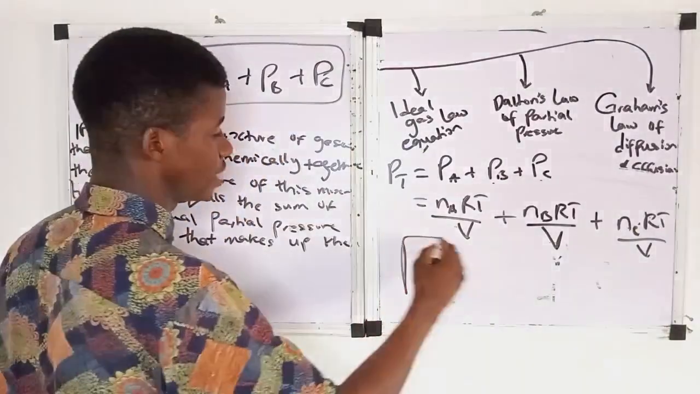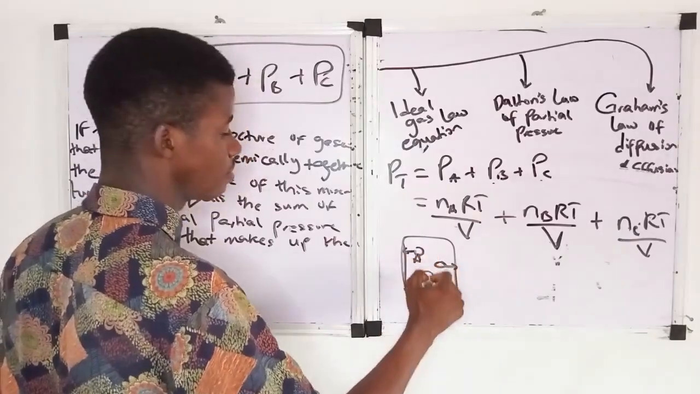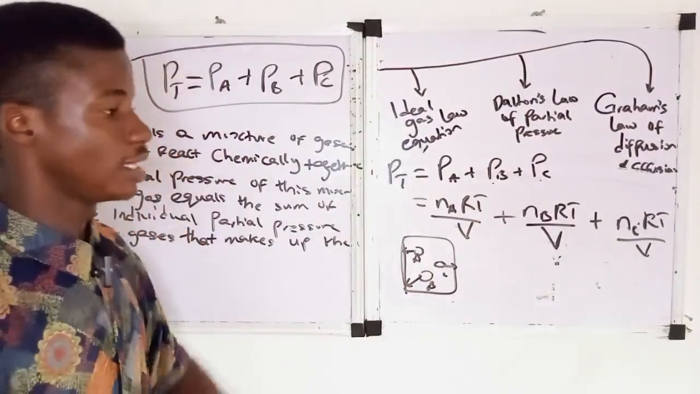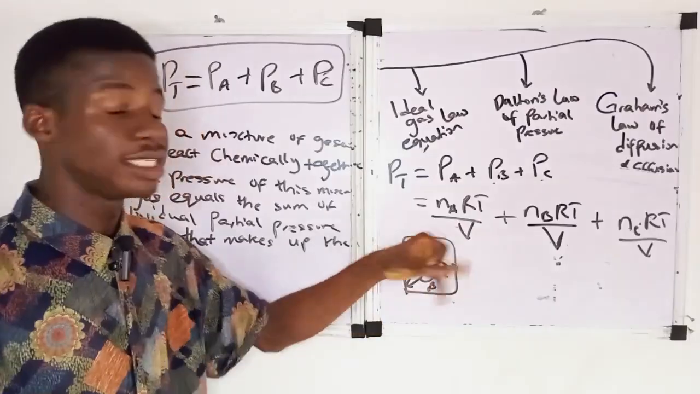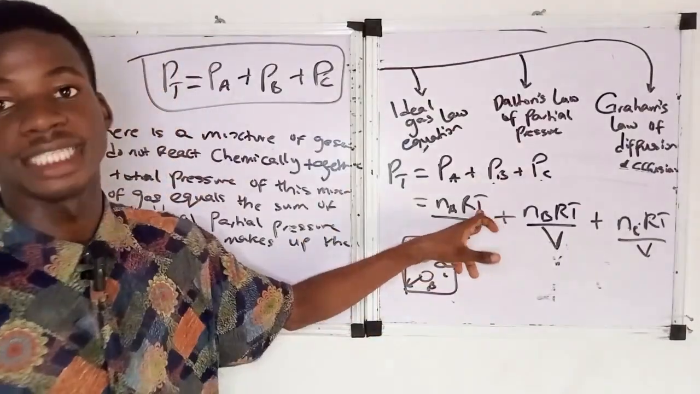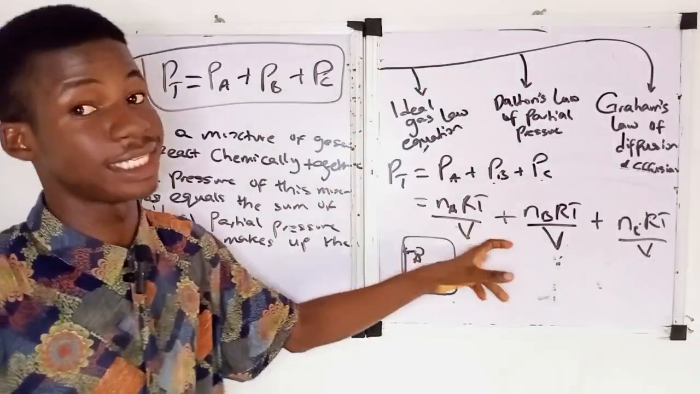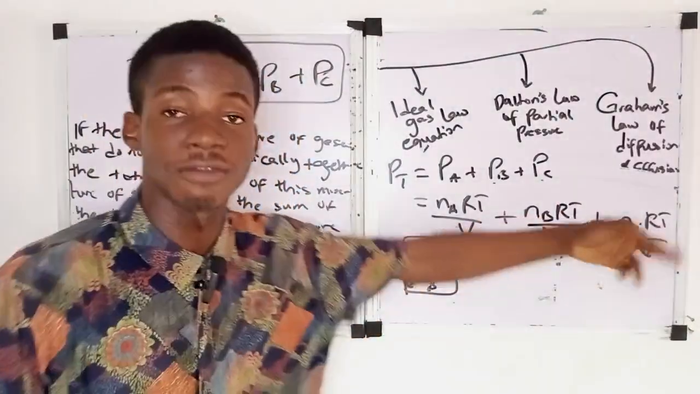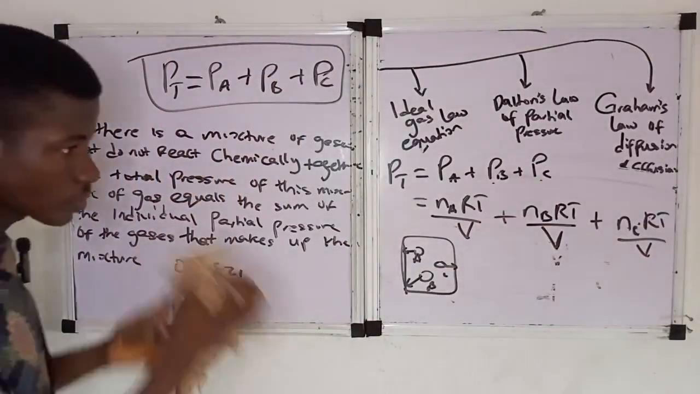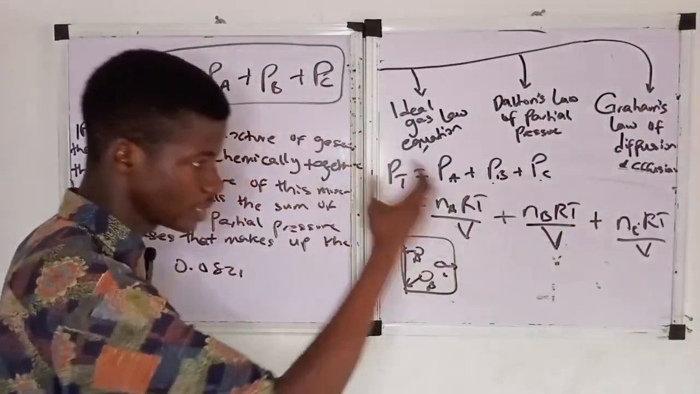Now, based on the fact that these gases A, B, C are placed in the same container, they have the same volume. And apart from that, since they are placed in the same container, they are affected by the same temperature, right? Yes, we all know that R is constant for all gases, R is 0.0821, right? So since they have the same volume,